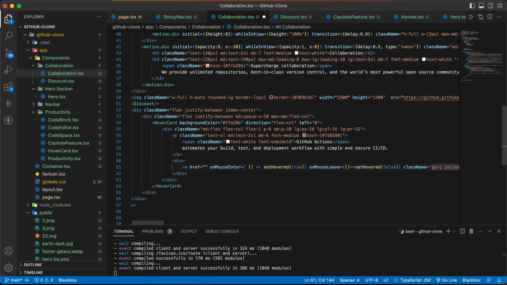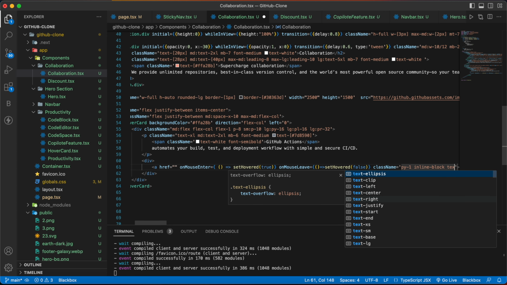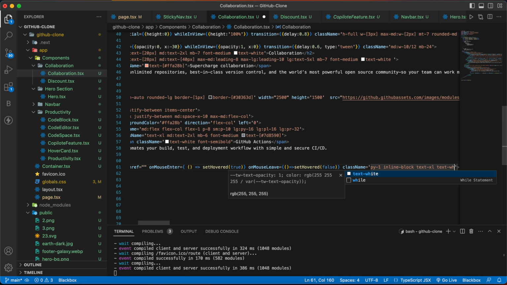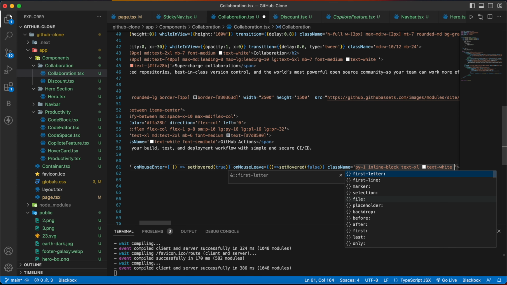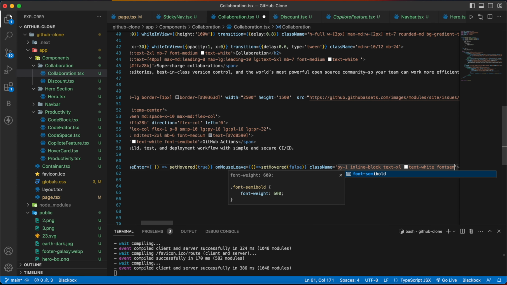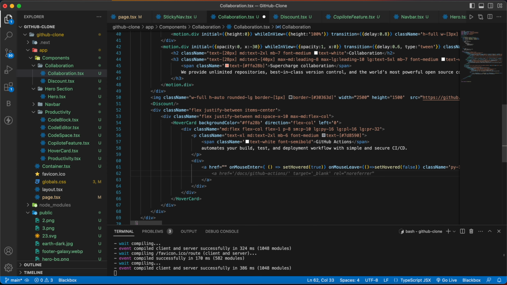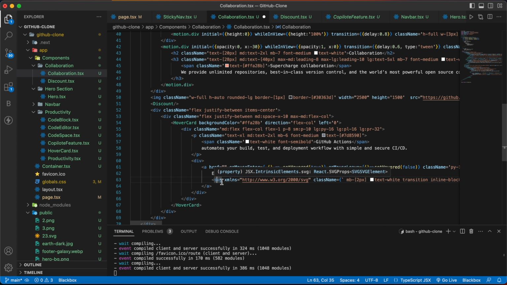After that we are going to have a class name here with py1 inline block, text xl, text white, font semi bold, and inside this anchor tag we are going to write enable GitHub discussion, and below that we are going to have our svg,